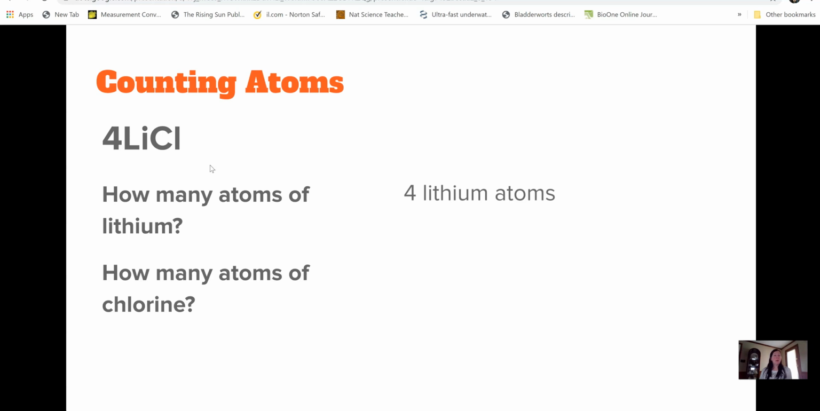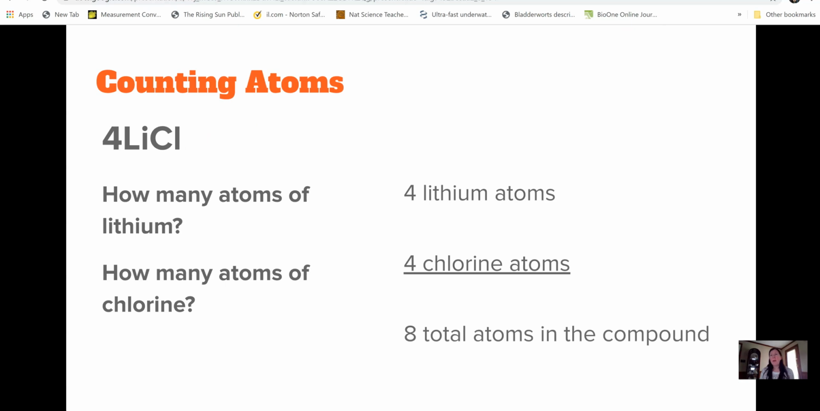Okay, and don't let this trip you up, but when you get to the chlorine, we also have 4 because that 4 applies since it's out in front of the whole chemical formula. So we have 4 chlorine. So our total atoms for this formula would be 8 because we have 4 lithium and 4 chlorine. Now I'm going to pull up my pen